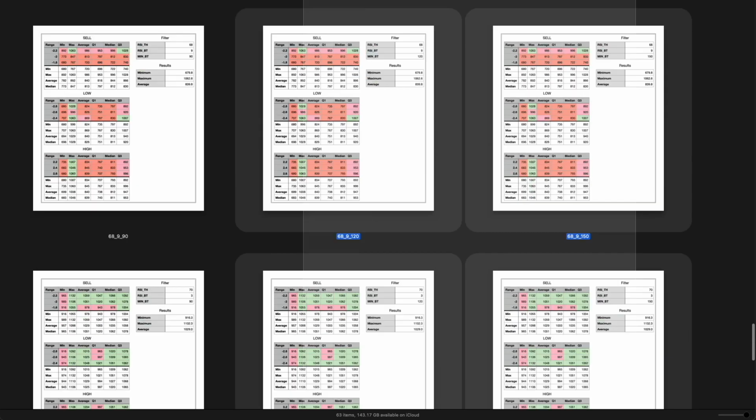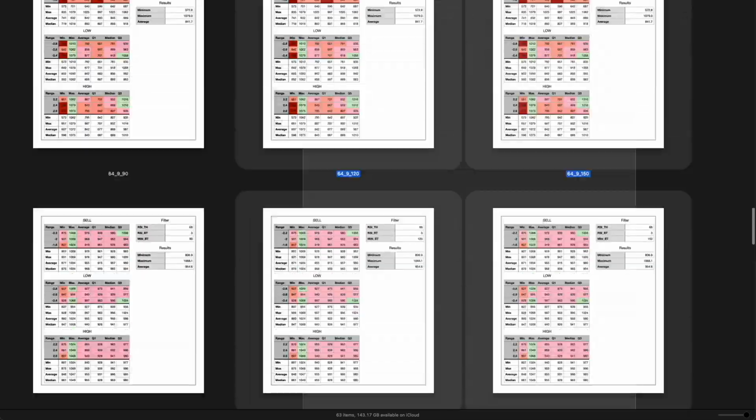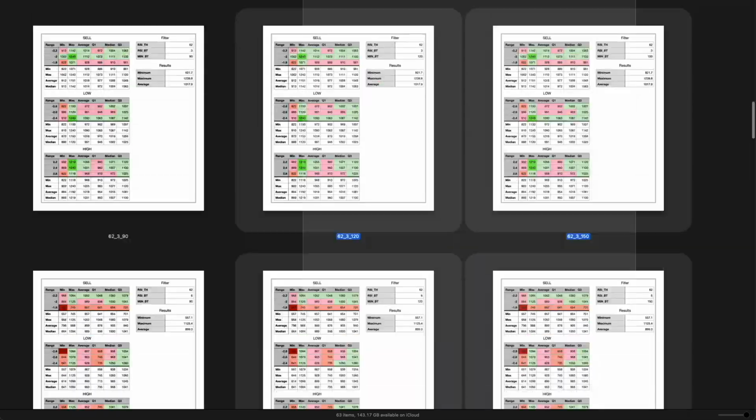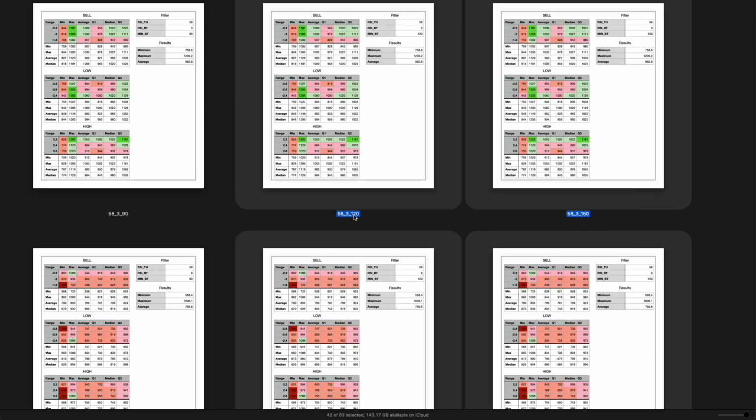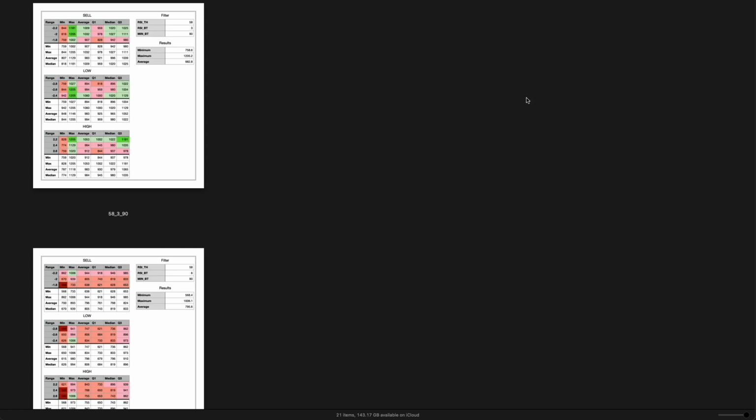So basically I can go and delete all the ones for 120 and 150 minutes, because it's the same as the 90 minutes, which basically means that next time I